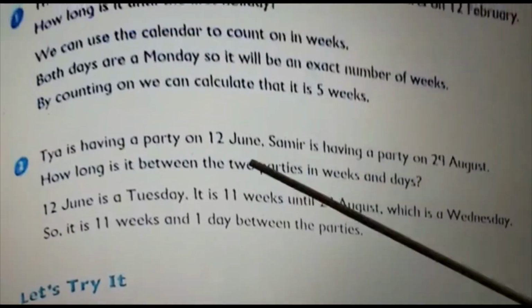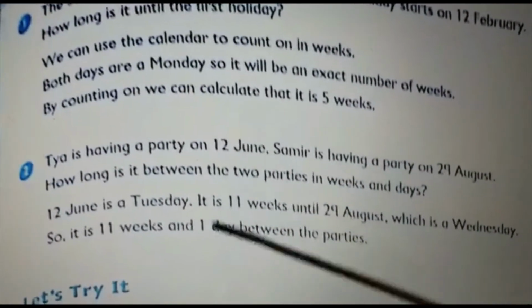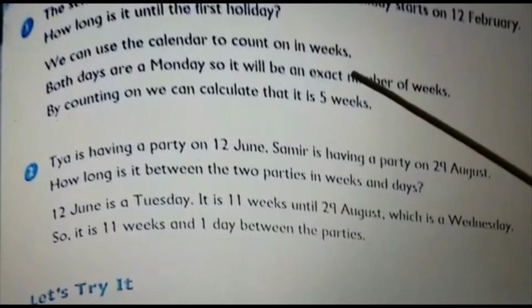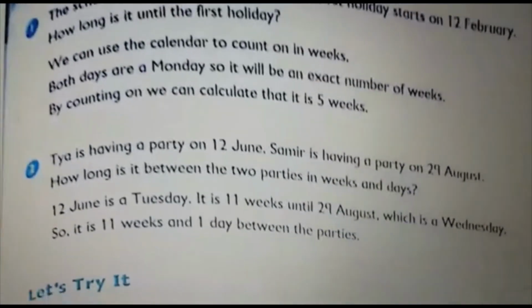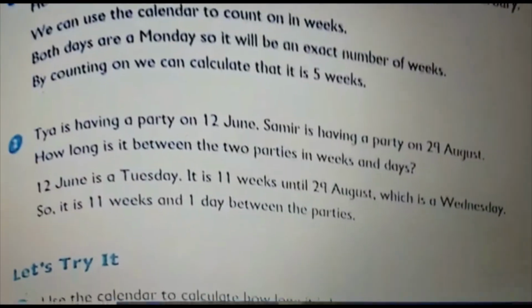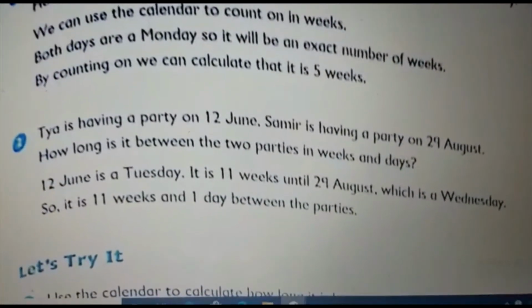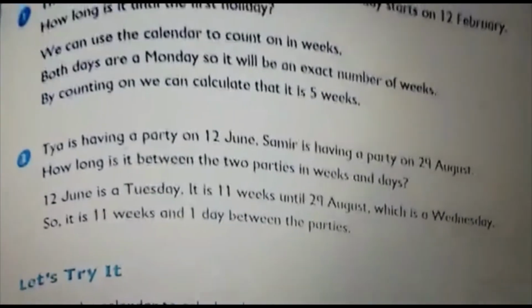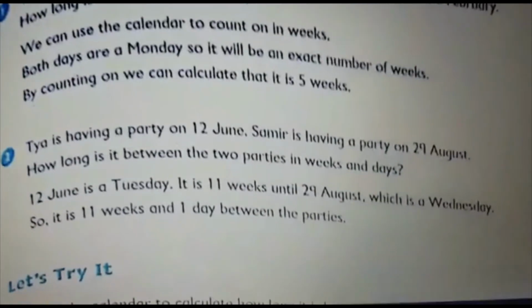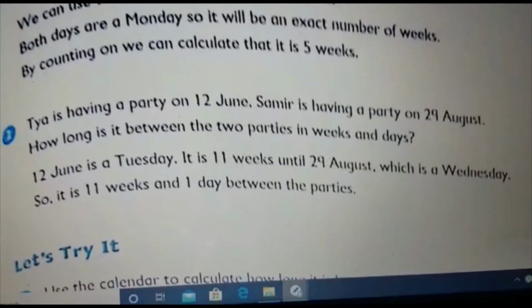So we know here it is given 11 weeks and 1 day. It is not 11 weeks and 1 day. It is 11 weeks, is it? So 10 full weeks and then we have 7 days. That means only 11 weeks. So always keep in your mind, if it comes with between, we should not count the first day and the last day. If it is from and to, you should count both the days. So depending upon the question, you should count the number of days or dates, days or weeks, okay?